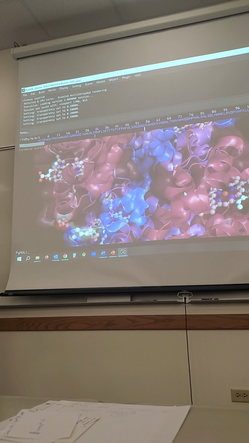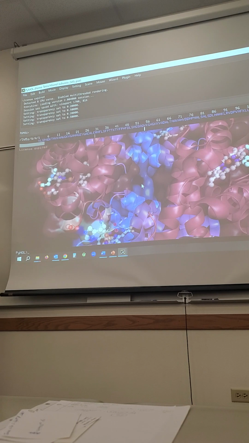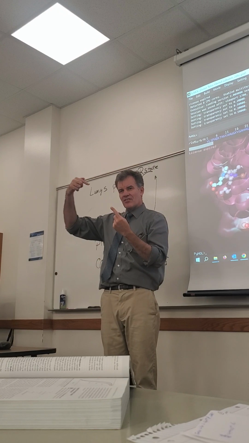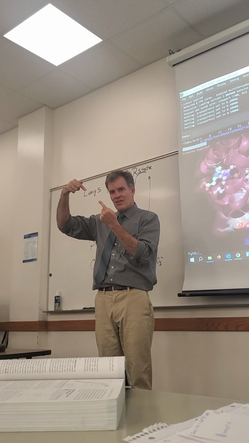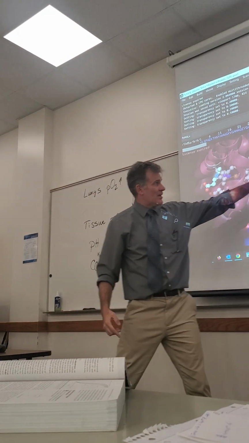Anyway, what I was going to point out is this interface between the beta subunits, see this cleft right here? It's a mirrored system because they're both betas, and so it mirrors over on itself. There are a pair of histidines, one from each subunit, a pair of lysines, one from each subunit, and there's also an amine from the terminus. All those come together giving lots of positive charge in this cleft. If you have positive charge in this cleft, what will it attract? Negative charge, and it turns out that